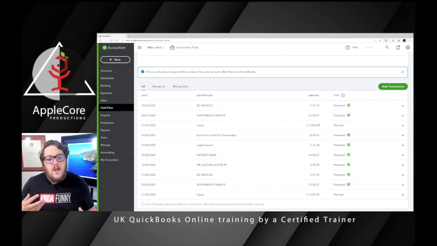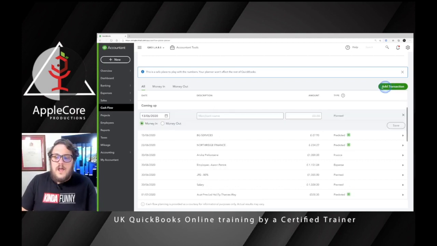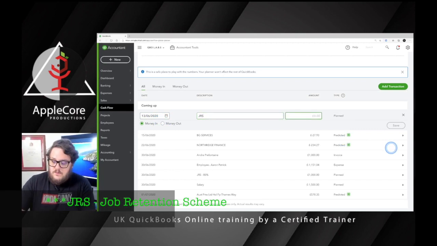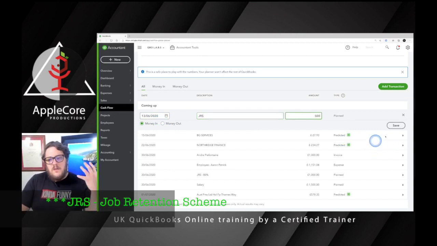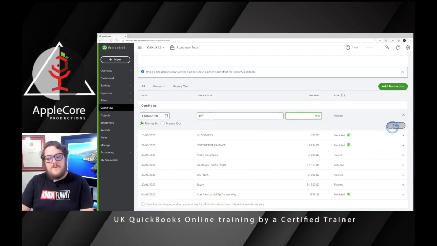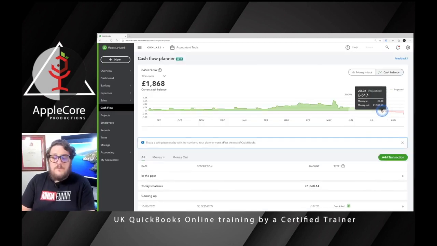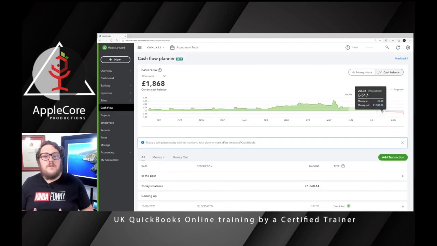So that's when I can start having a bit of a play around and start seeing what else I can include on here. So from here, I'm going to look at adding transactions. And what I'm going to do is look at, well, what if my JRS fund was £500? Would that be enough for me? Is that enough for me to keep on that line from above? I'm going to say that I receive it on the 30th of the 6th, and I'm going to press save. So if I did receive £500, I'm still going to be short at this point